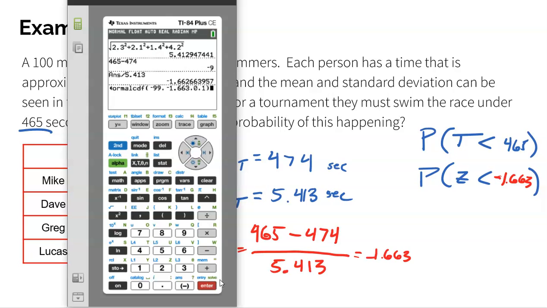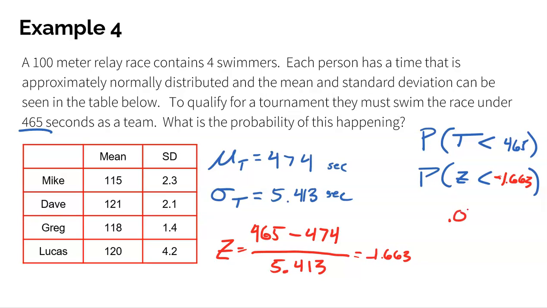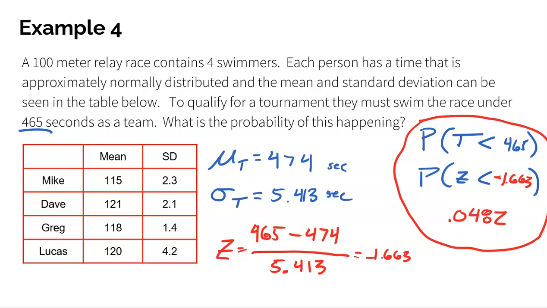And what do I get here? I get 0.0482. So there is a chance. Now, again, they're going to have to do really, really good, but there is a chance, about a 4.82% probability. So if Mike, Dave, Greg, Lucas all dig down deep and go as fast as they can, there is